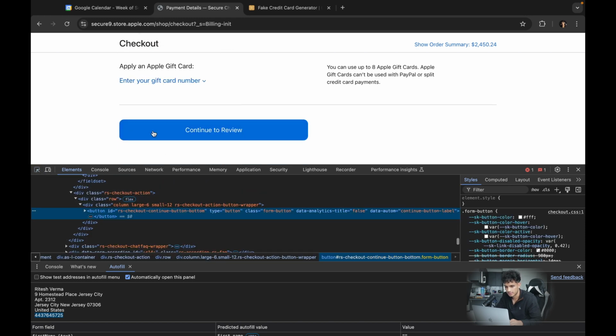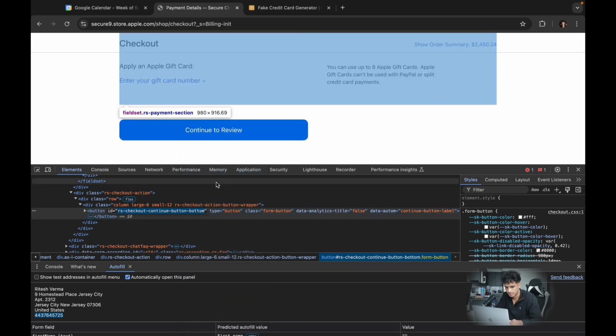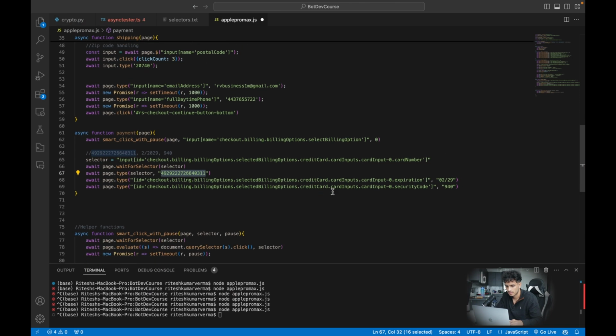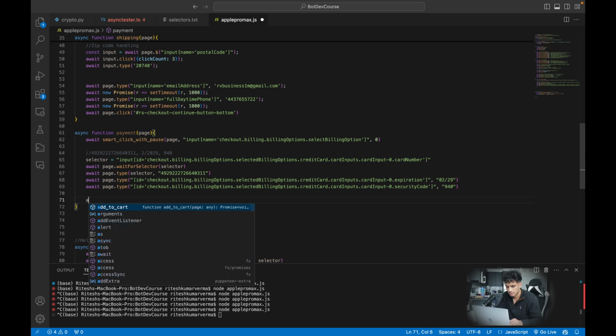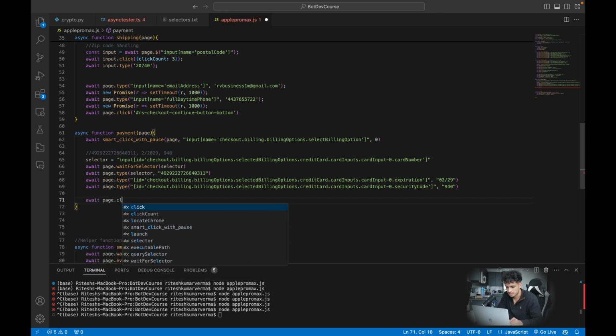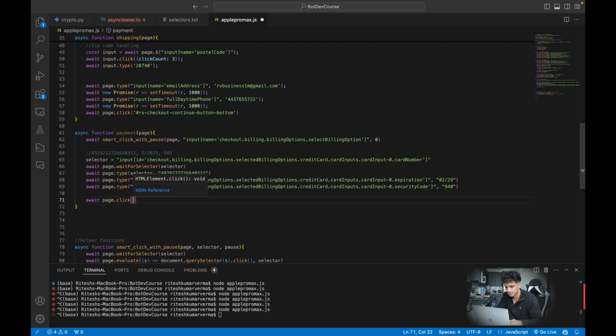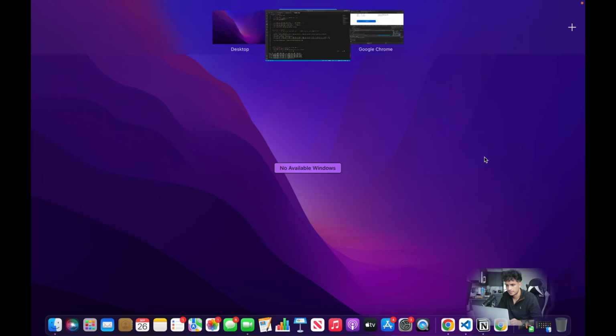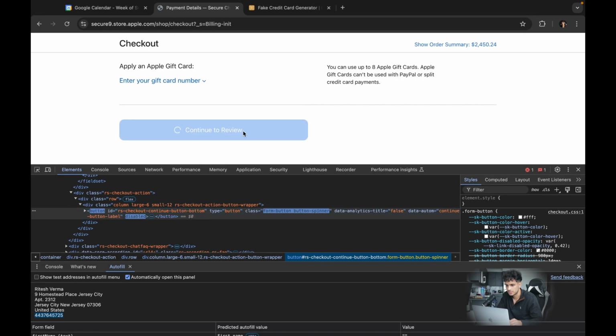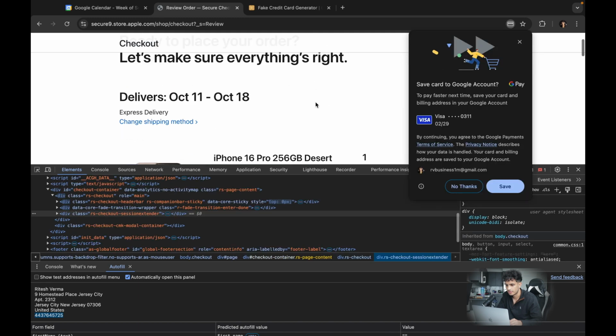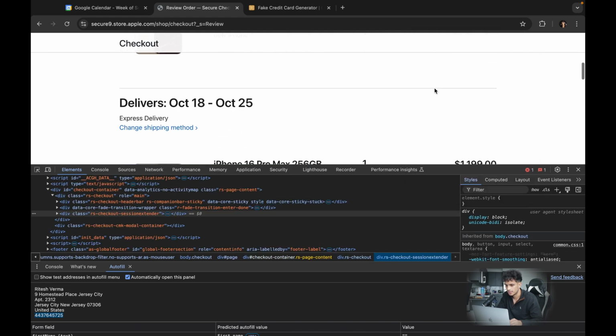There, click this button. Nice. So let's copy this button right here. We're gonna do await page.click. Again, we don't need to wait for the selector because it's already there. Okay, so it's gonna click that, and then what's gonna happen is it's gonna do continue review, and the final button is gonna appear